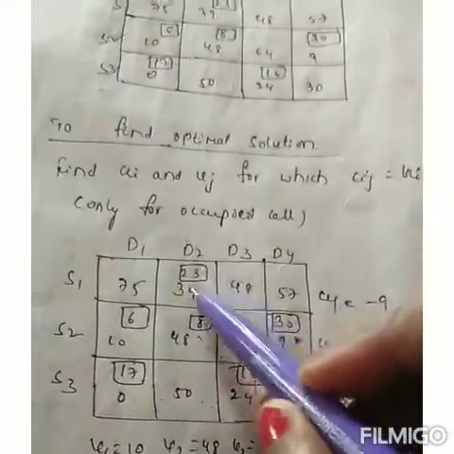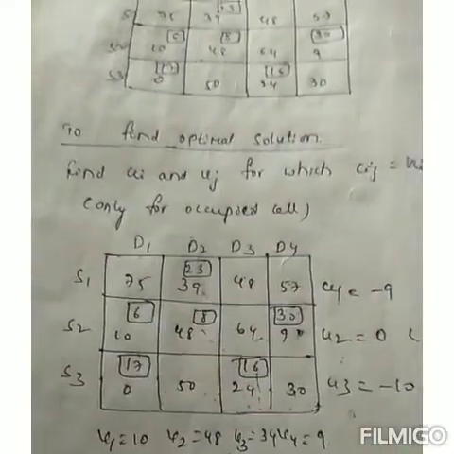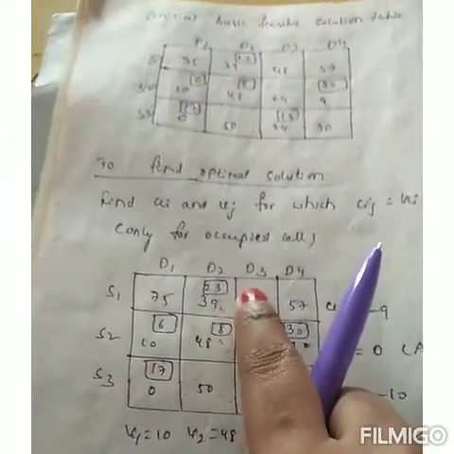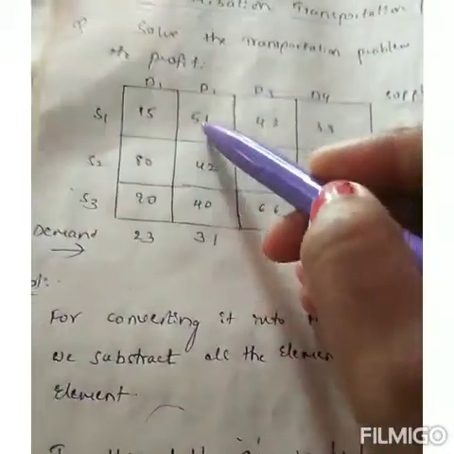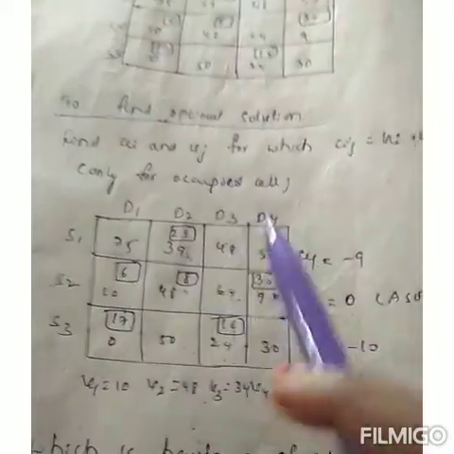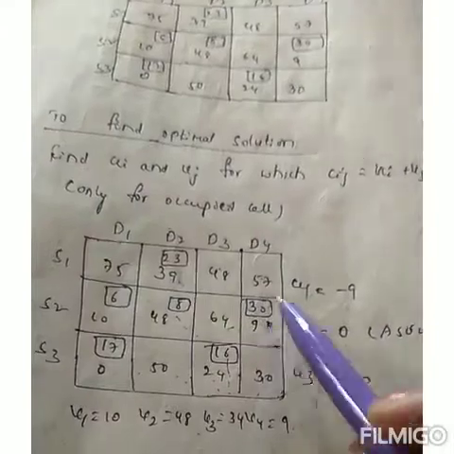Just see the position of the allocated cell. Just take that value. So our 39 above value is 23. So that is 51 above 23. In the same way, 10 above 6, that position. 8 above 6, that is the allocated cell. Actually 48 above 8, so that is the position. In the place of 9 we have 81, so that is 30.